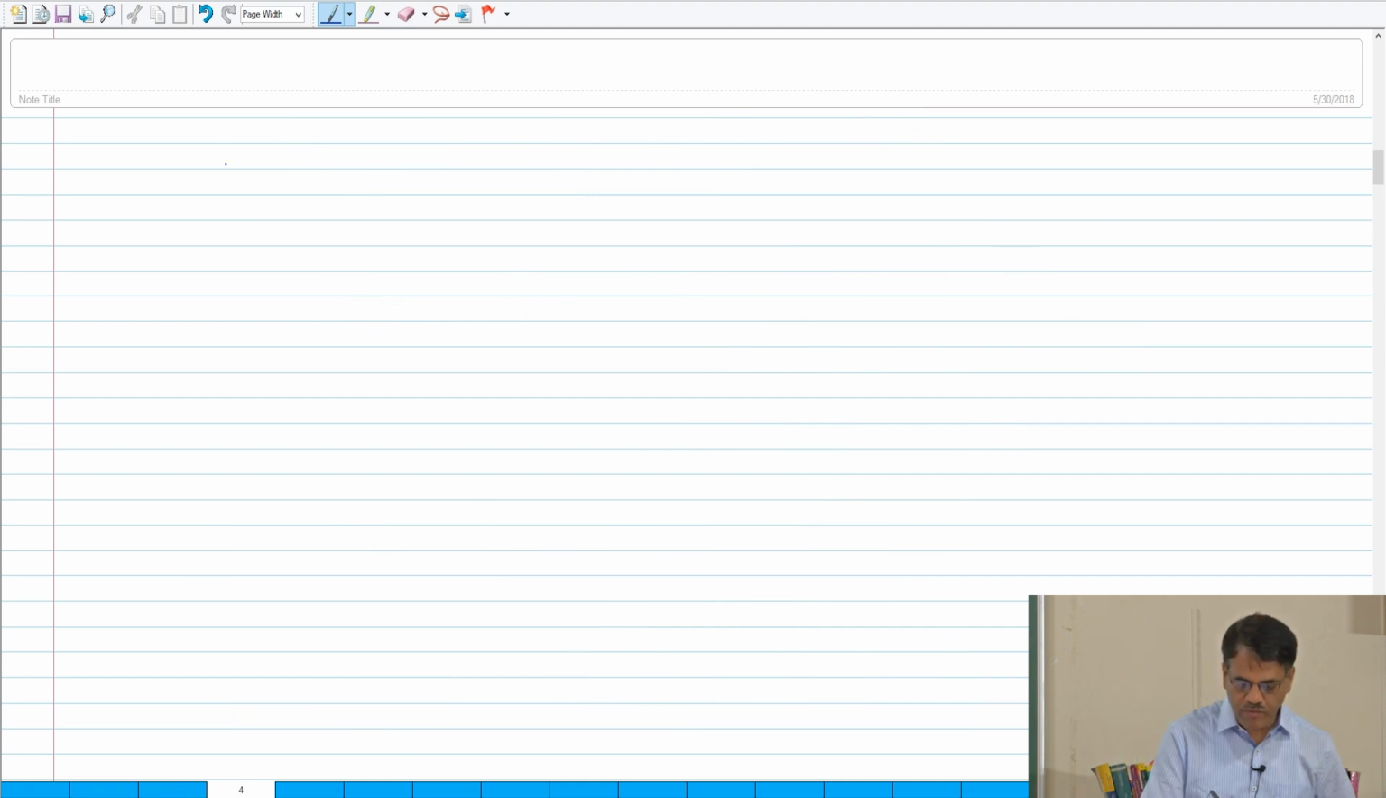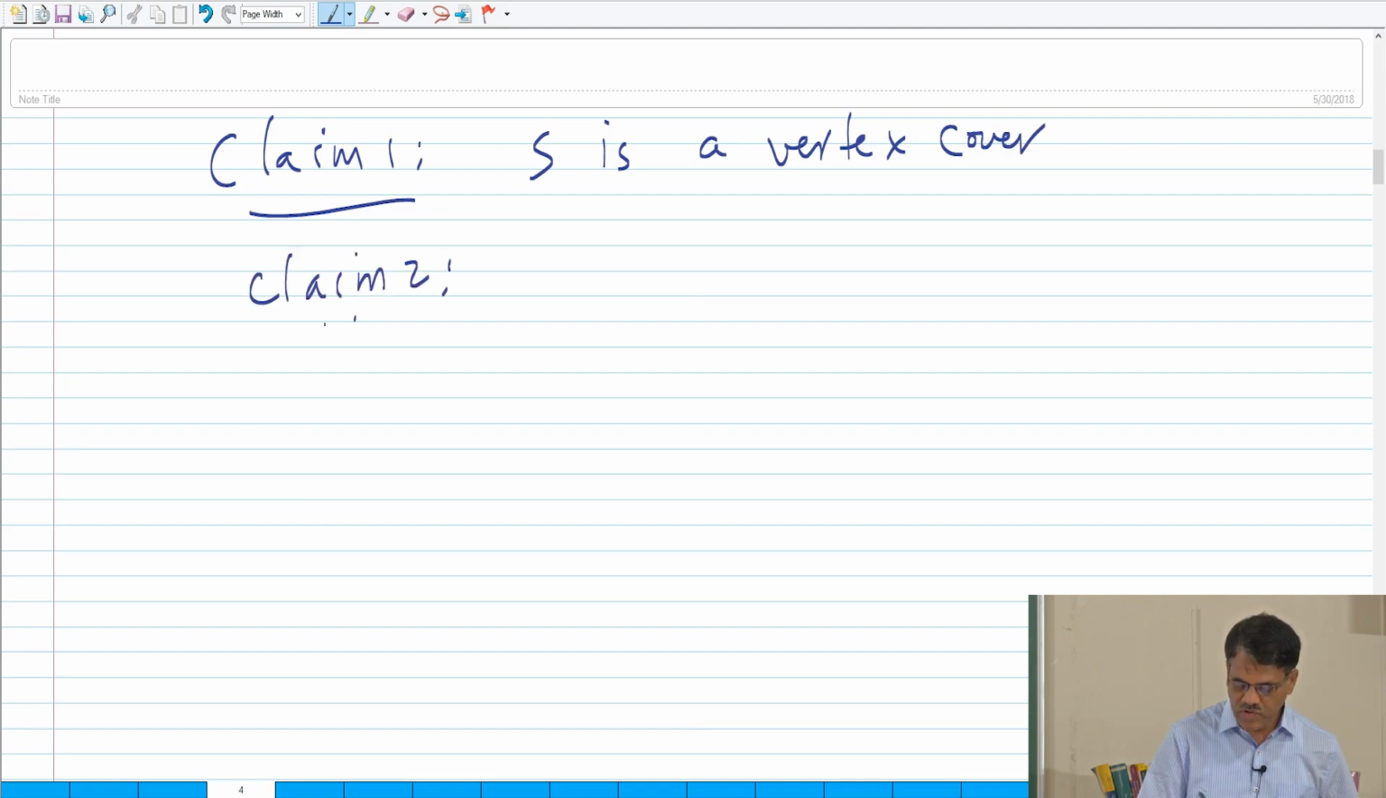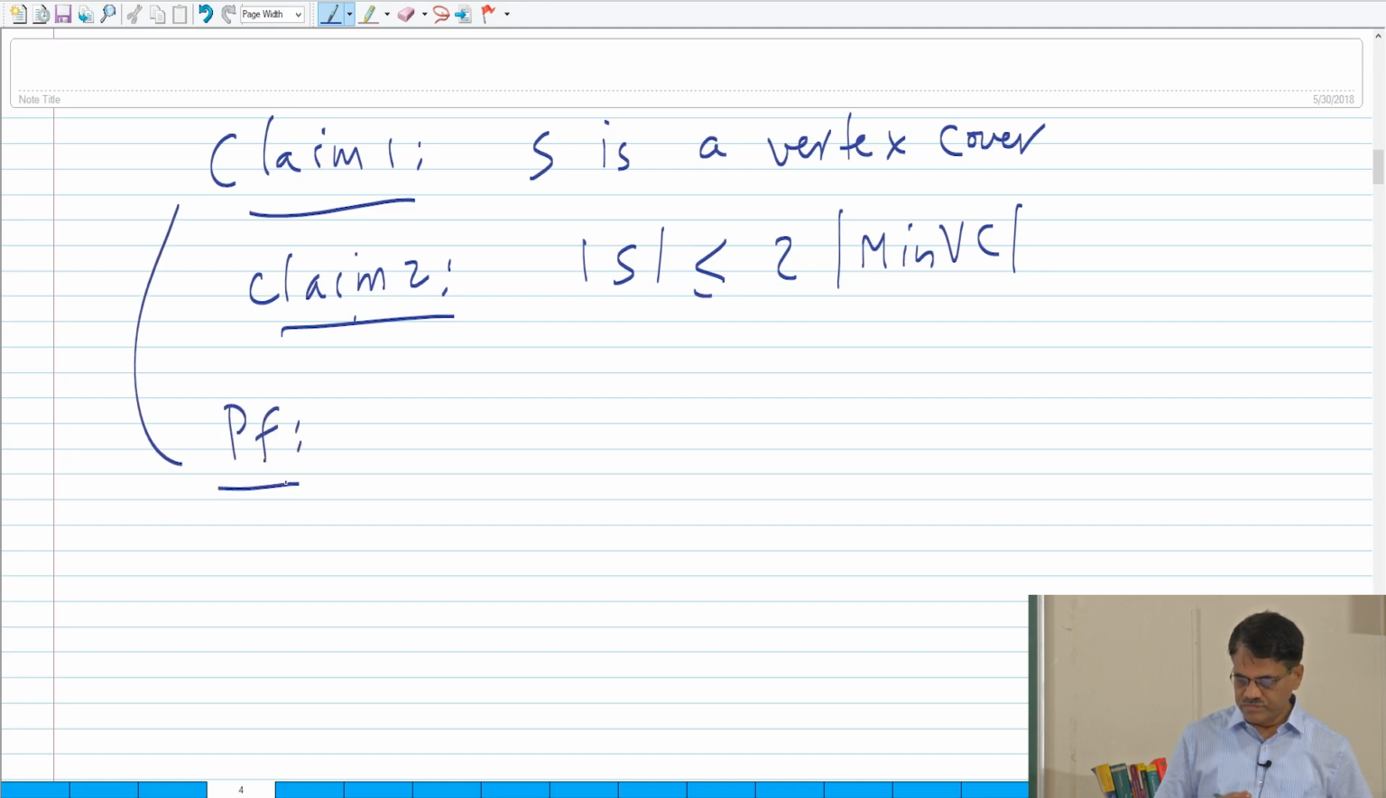Let us see. So, claim 1 is S is a vertex cover, and claim 2 is size of S is at most 2 times minimum vertex cover. Okay, claim 1. Suppose not, what does that mean? There is some edge which is not covered, right. That means there exists some